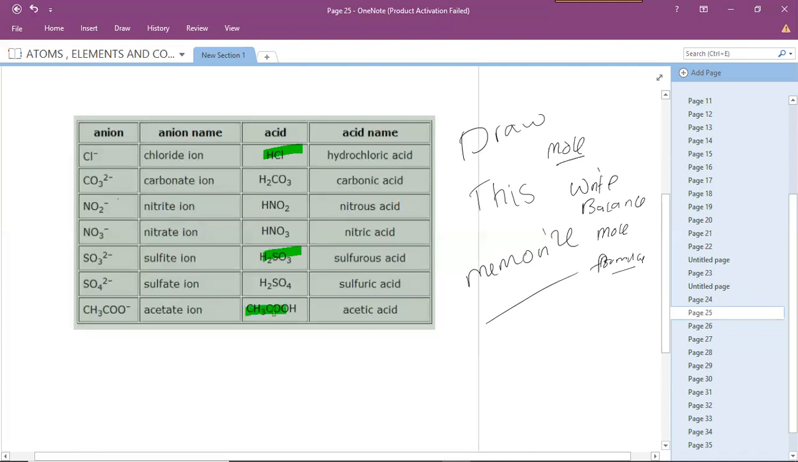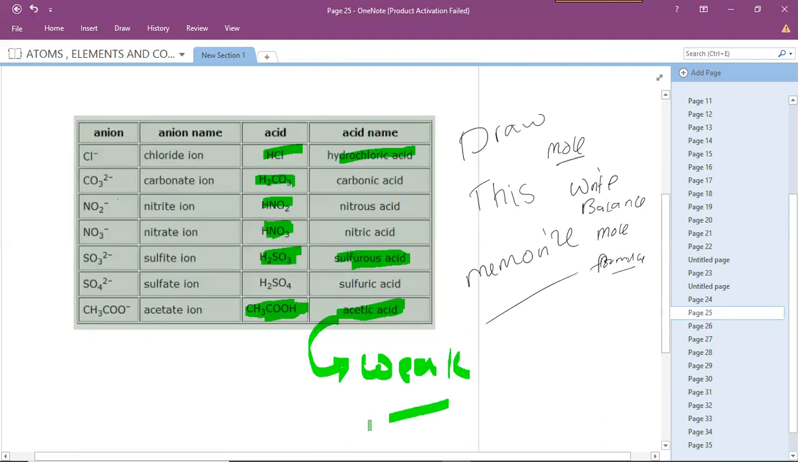acetic acid. Know all these, actually know everything, with the top three being hydrochloric acid, sulfuric acid, and acetic acid. Why am I saying acetic acid? Because the question can say, give an example of a weak acid. Acetic acid is a very weak acid because it comes from this alcohol, COOH,